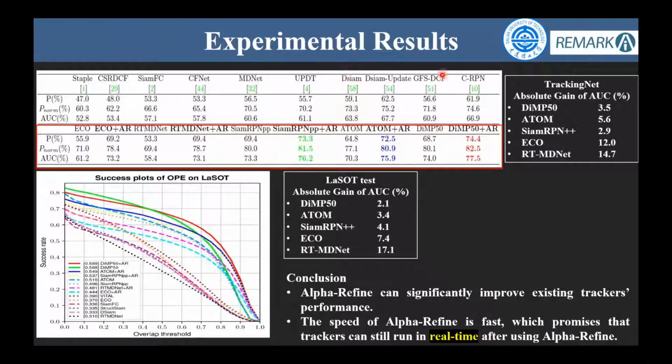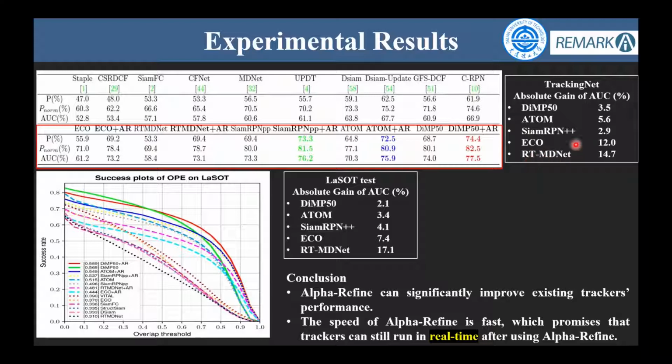To demonstrate AlphaRefine's powerful refinement ability, we choose 5 famous trackers: DiMP50, ATOM, SiamRPN++, ECO, and real-time MDNet, and use AlphaRefine to refine their bounding box results. Experimental results on LaSOT and TrackingNet demonstrate that AlphaRefine can significantly improve existing trackers' performance, especially for trackers like